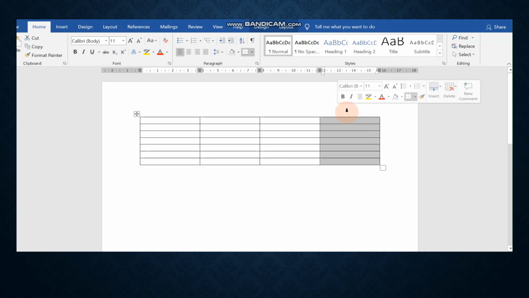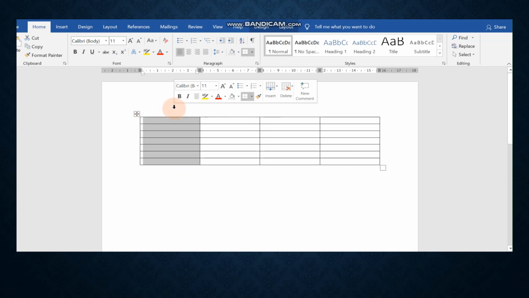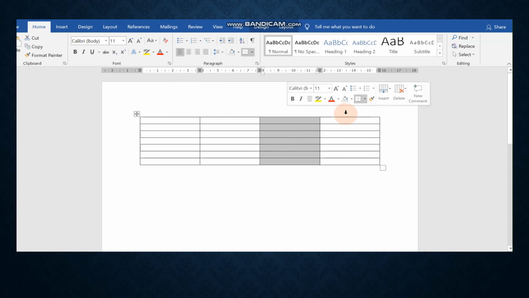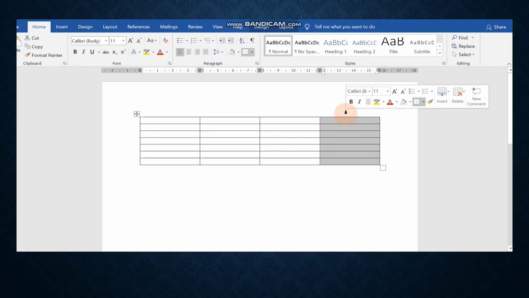Then when you will place the mouse over here, this arrow will appear and easily you have to click on it. The entire column will be selected. Suppose you want to select the first column, just click on it. Second, third, fourth. Like this, you can select the cell as well as rows and columns.